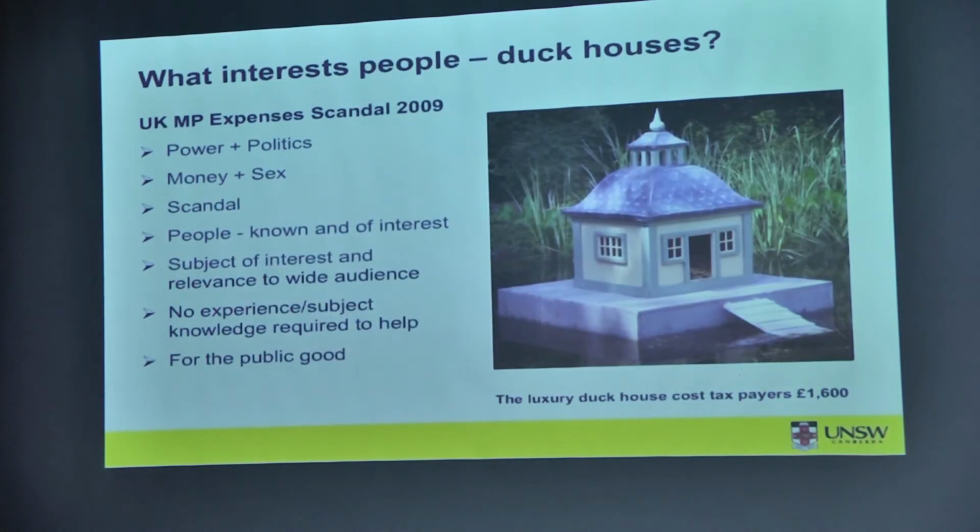Of all the crowdsourcing projects I have researched in the last 8 years, the one that galvanised a nation even more so than Australian newspapers is the UK parliamentary expenses scandal in 2009, otherwise referred to as the Dockhouse scandal. This was a major political scandal concerning expenses that MPs had claimed, which included everything from the luxury dockhouse pictured on this slide to prostitutes and second homes. It is a perfect example of topics that make a project interesting. It covered power, politics, people, money and sex. It appealed to a wide audience and was for the common good.